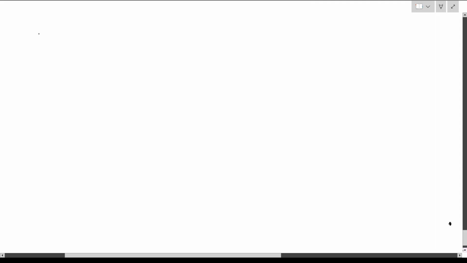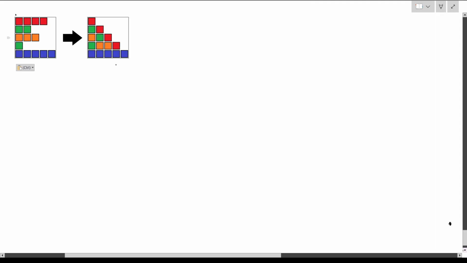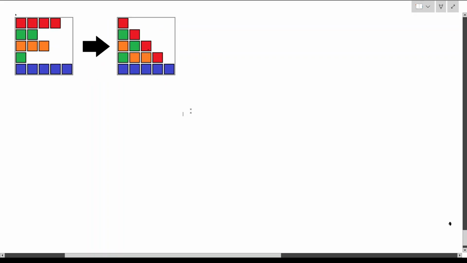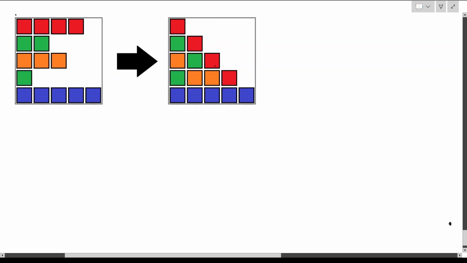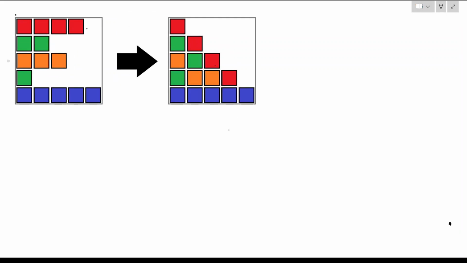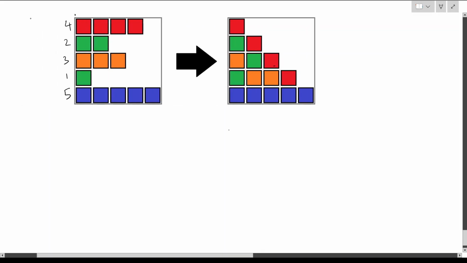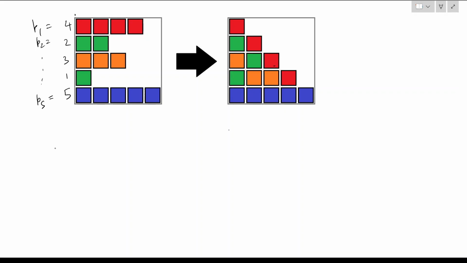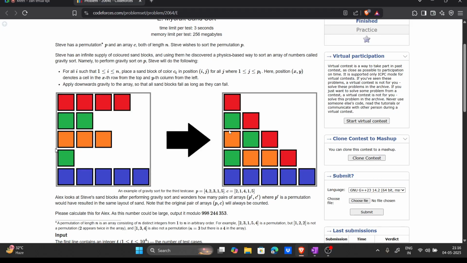So I will explain this problem with the help of this very nice image that the contest author has attached. So what we're given is a permutation like this. So this is perhaps a permutation of length 5, which is 4, 2, 3, 1, 5. So this is just P1 equal to, P2 equal to, all the way till P5 equal to. And all that we're doing